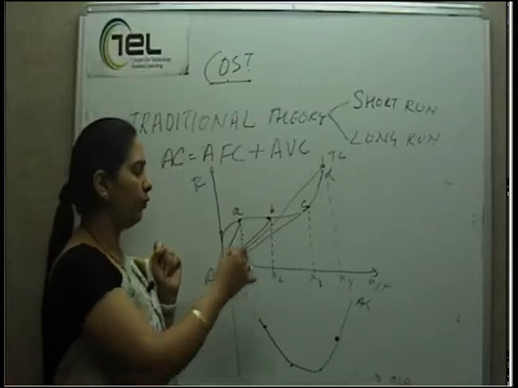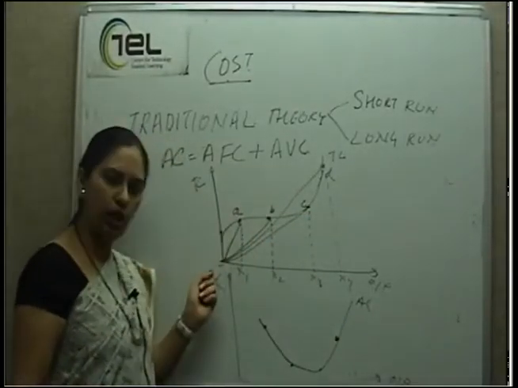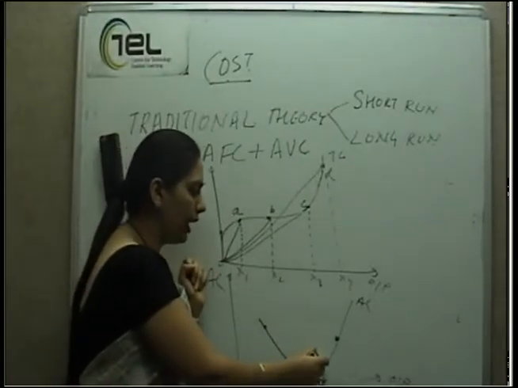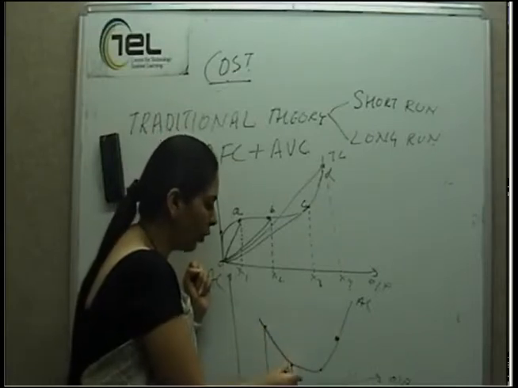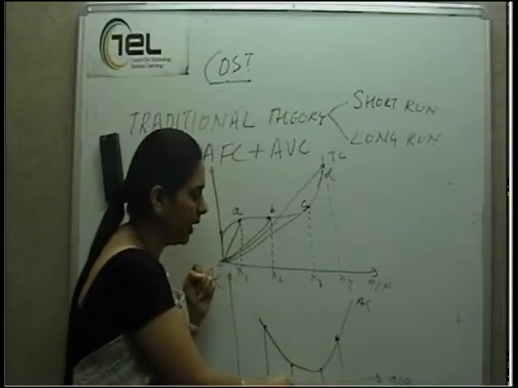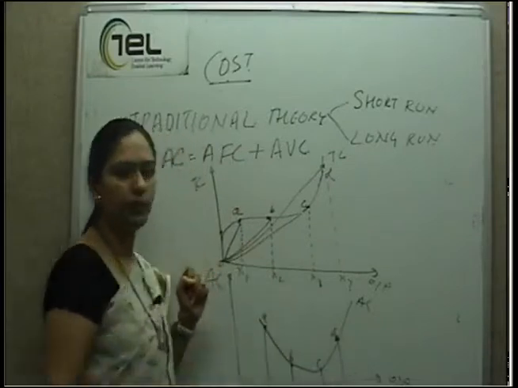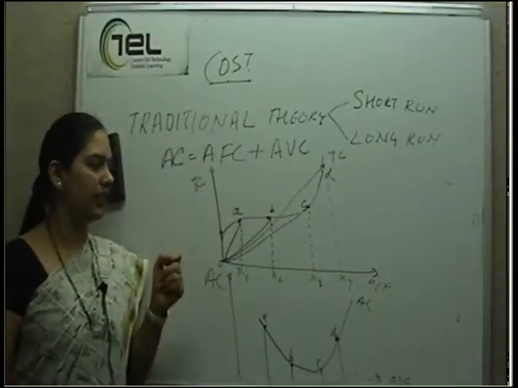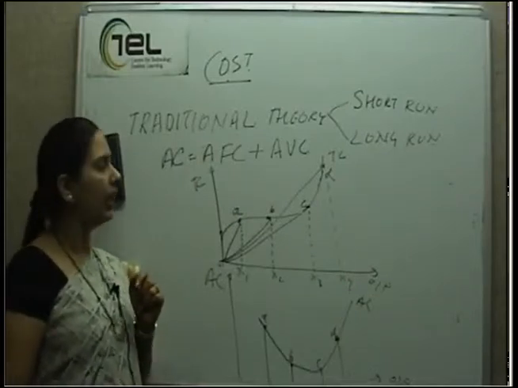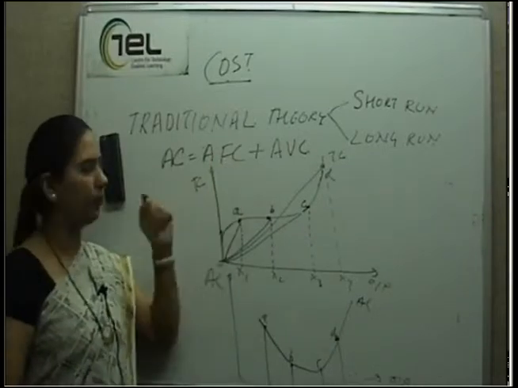So, we took 4 points A, B, C, D. We have joined these points from origin with the help of 4 lines. Then we plotted the slope of those 4 lines, and hence when we joined these points we got a U-shaped curve which we refer to as average cost curve. Now, this was the derivation of average cost curve. So, average cost curve is a U-shaped curve. Let's come on to the concept of now average fixed cost.